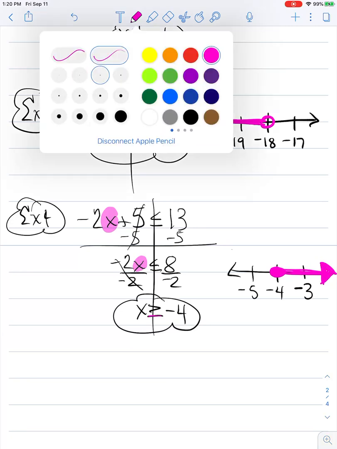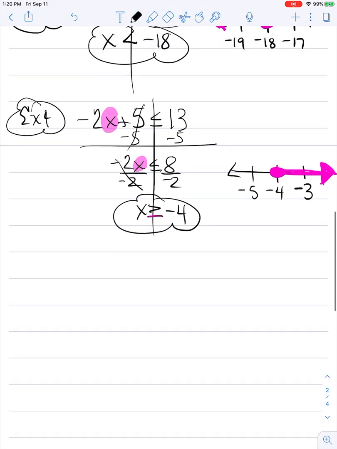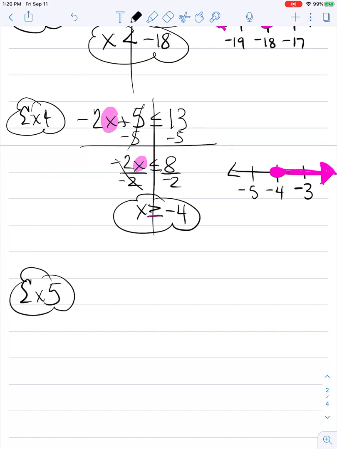And last but not least, let's try something that you may encounter. It may look a little different, but you really do it the same way. But you have to take your time and make sure that you write it the correct way. So let's say I have negative 38 is greater than or equal to 9x